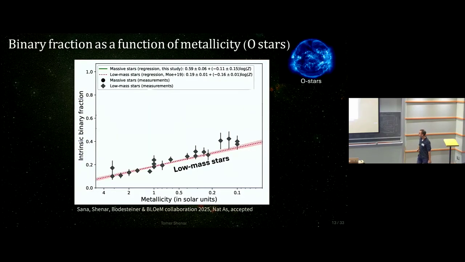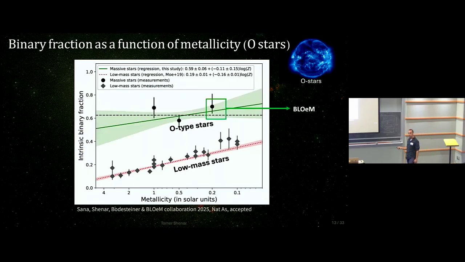If you consider metallicity trends, this is a well-known trend that has been known for low mass stars. As we go to lower and lower metallicities, the binary fraction of low mass stars seems to increase. It has something to do with star formation and binary formation. If we look at massive stars, we have only 3 data points: Milky Way, LMC, SMC. This is the Bloom data point, large error bars. We cannot say much except that we see a persistent high binary fraction. I should mention this is a paper that, together with Oksana and Julia Bodensteiner, we recently published.